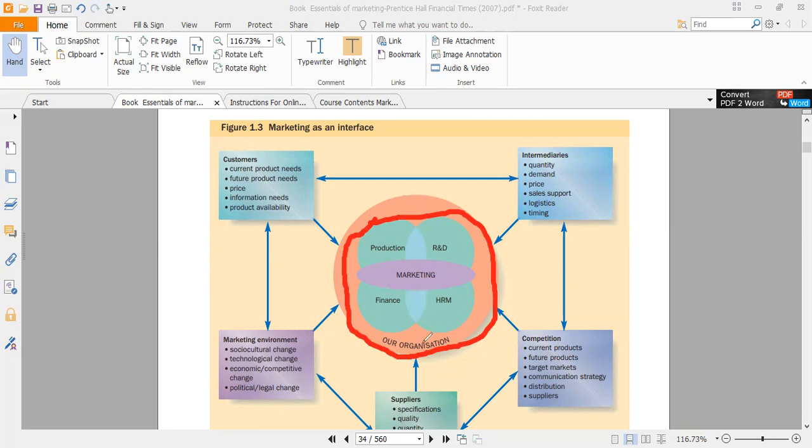And all these are the functions of your organization, of your company. So that's why this is organizational context, internal environment. So when we talk about the external environment, we think that marketing plays a central role in coordinating